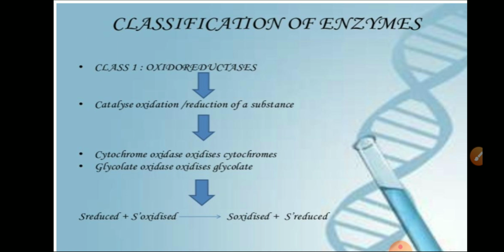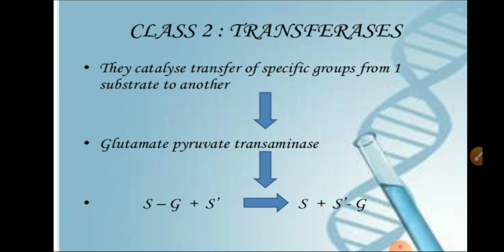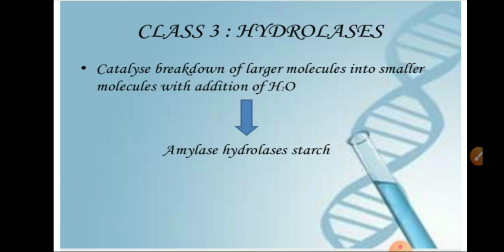Now we have the classification of enzymes. The very first is the oxidoreductases, which catalyze oxidation-reduction reactions of a substrate. Second is transferases. They catalyze the transfer of a specific group from one substrate to another substrate. An example is glutamate pyruvate transaminase. Third class is hydrolases. They catalyze the breakdown of a larger molecule into smaller molecules by the addition of a